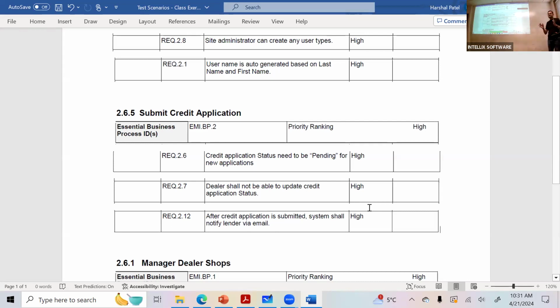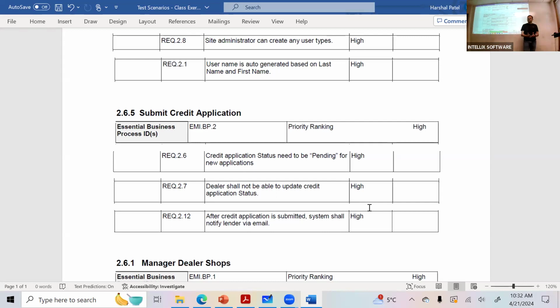Okay, so in order to do that, how would you check it in the system, right? So the dealer is going through the process of submitting, he submitted the credit application. Now, what do you need to verify? What are you trying to prove here? That once they submit, they are not able to make any modifications or changes, specifically related to the status.